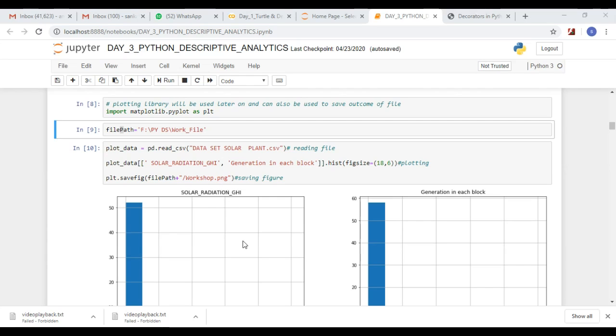If you are using names equal to A, B, C, D, then... Sir, tell me. Ma'am, your screen and the voice are not syncing. You are not on that screen. You are there in the histogram screen only. Oh, sorry, ma'am. I didn't share this PowerPoint. Okay.